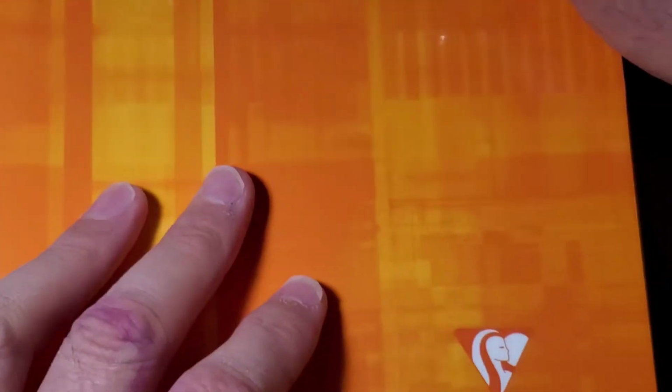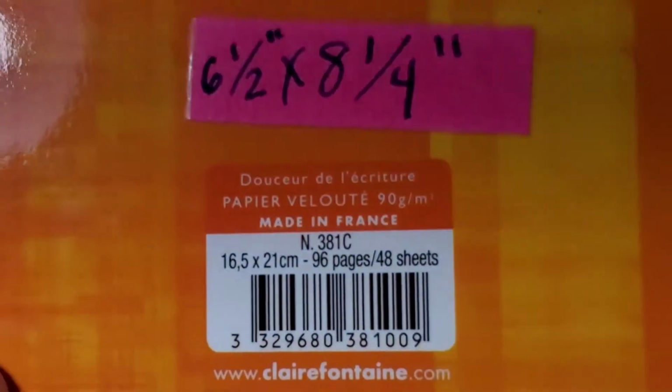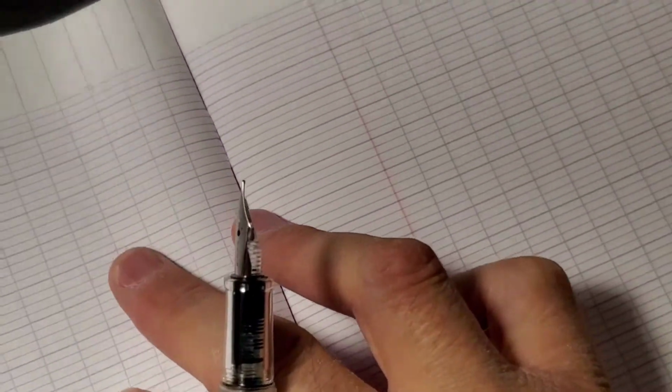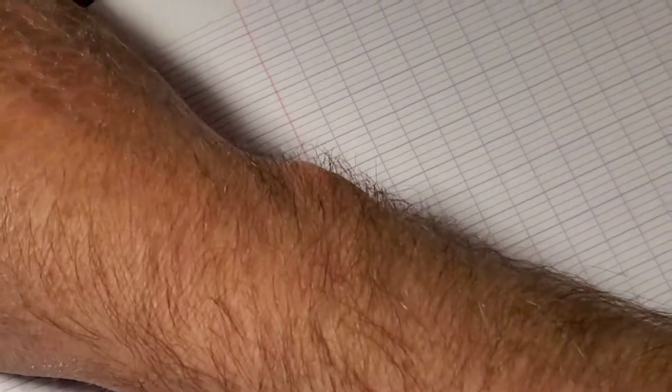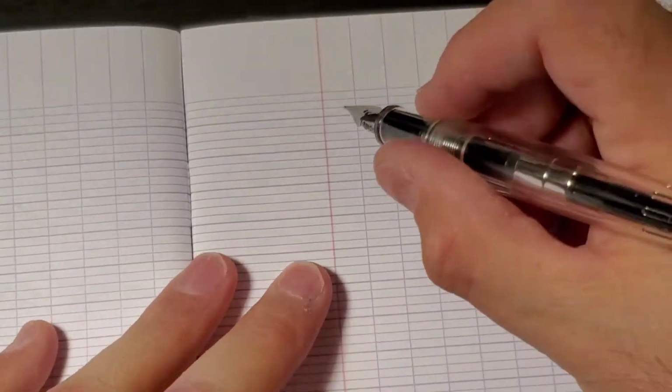Last but not least, Clairefontaine, 6-ish by 8-ish, 90 gram. Moving my way through this book real fast. I love these little clips. They're some of my favorite. Okay, so,